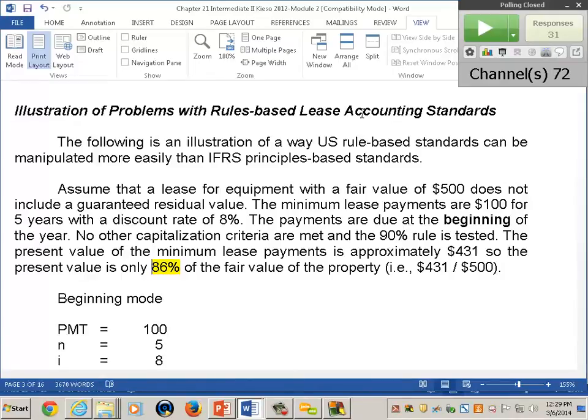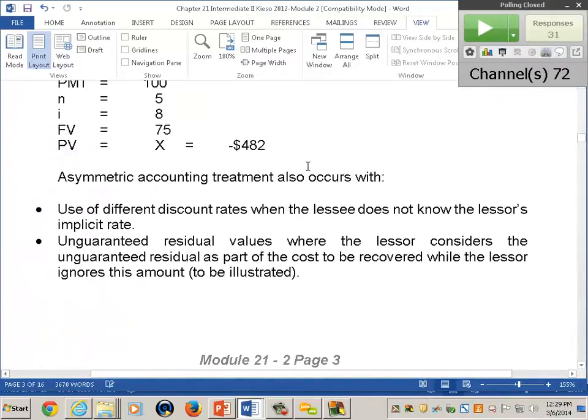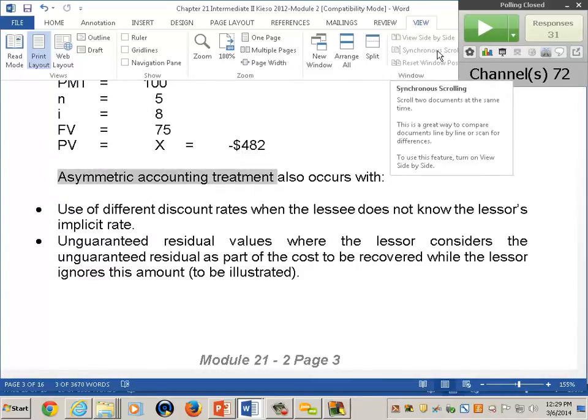So now, any other questions on this? I got a question for you. Just an opinion. We're going to get a lot, and it may be resolved, it may not, of asymmetric accounting treatment. Lots of asymmetric treatment, meaning that lessor has one type of lease, lessee has another type of lease. Values could be different. The asset could disappear from the economy. Both people can use the same asset.